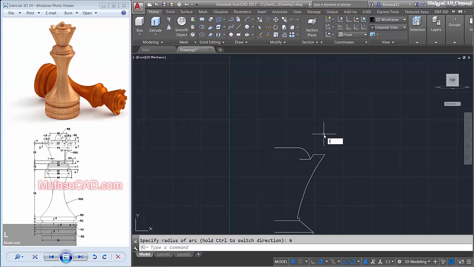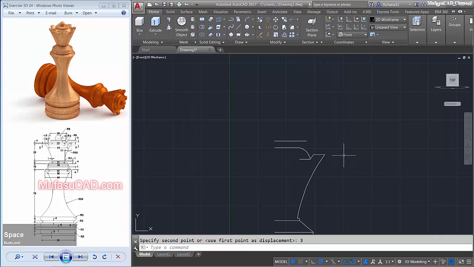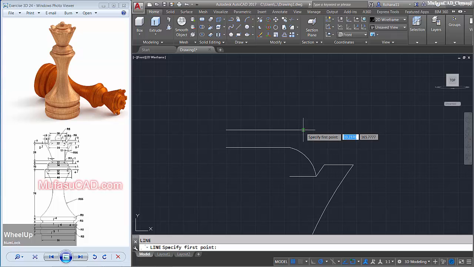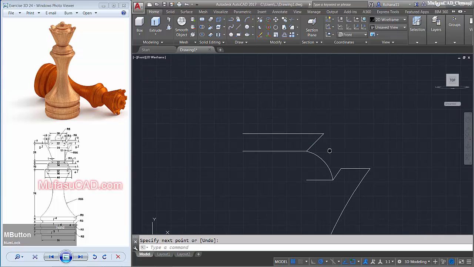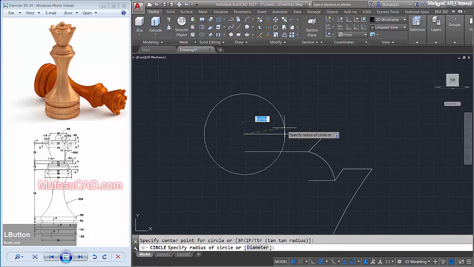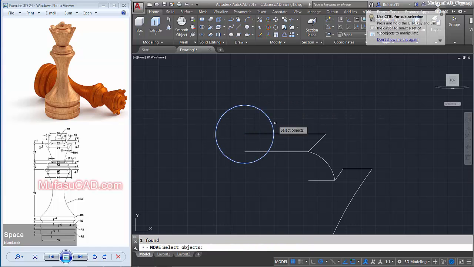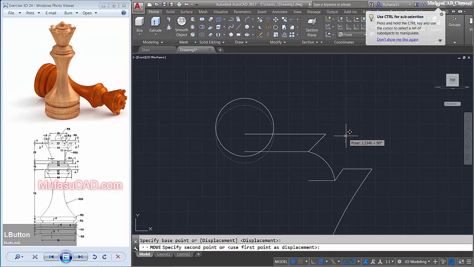We create a line from this point to the right about 14, and move the last object to the top here about 3, and use the line command to connect from this point to this point. Okay, we create a circle, start from this point with a radius about 5. Move the last object to the top about 3,